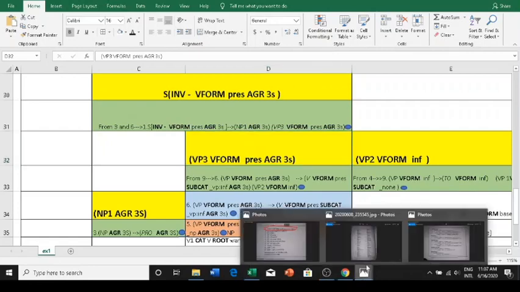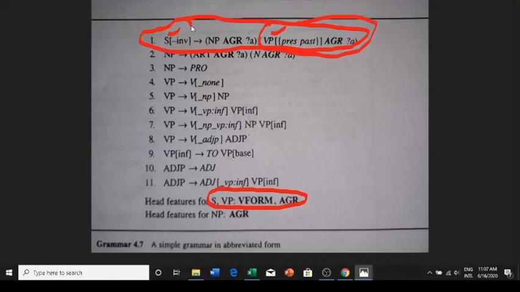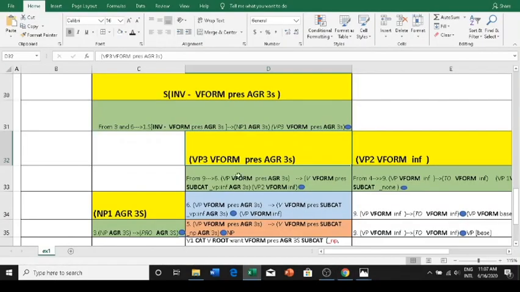This looks like a prospective rule for us, and we will again look at the mother and head constituent on this rule, rule number 1. The mother is S, and the head constituent is VP. They will share V form and AGR, even though it is not written there explicitly. So whatever V form and AGR values are instantiated for this VP on the right will be taken up by this S on the left. That is to be kept in mind, and we are going to use the rule for concluding our sentence. So we are going to write down this rule.